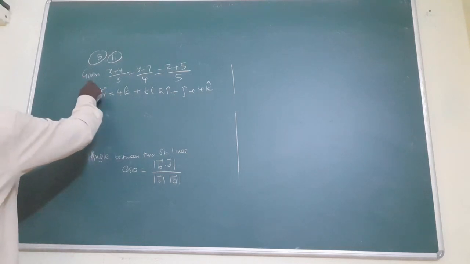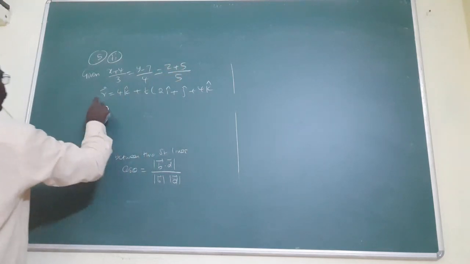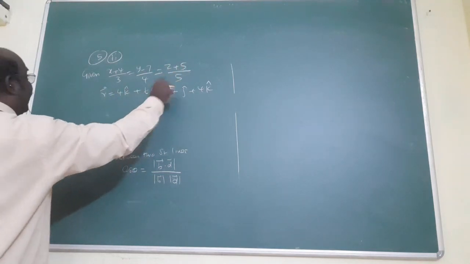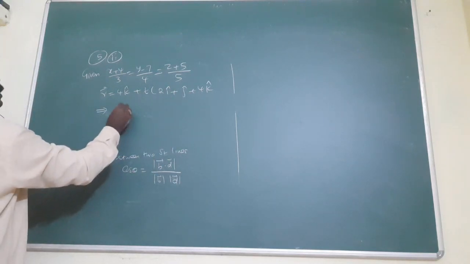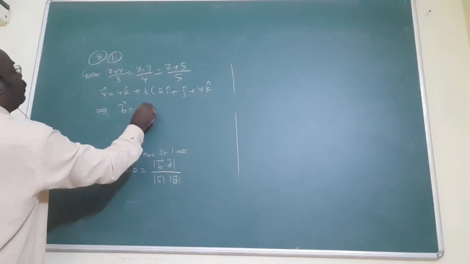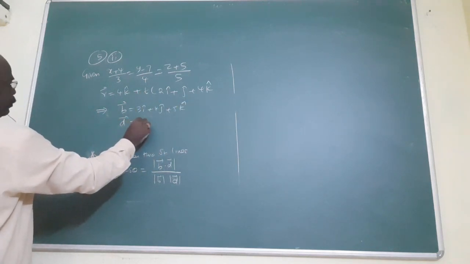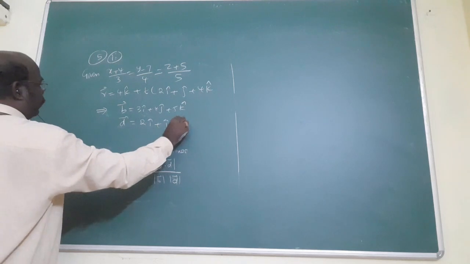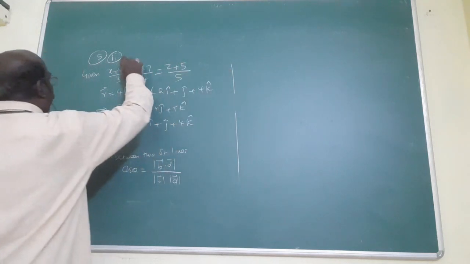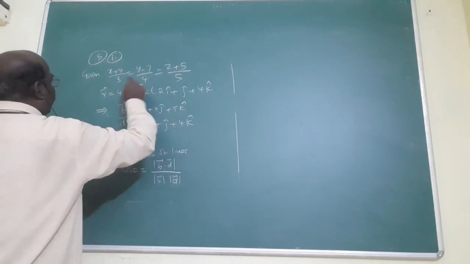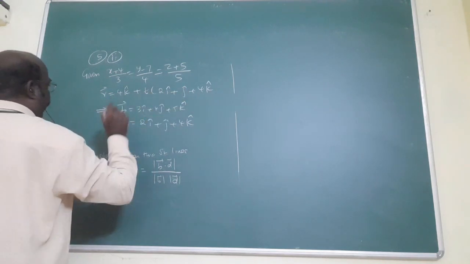Now, second solution, what is given? x plus 4 by 3, y minus 7 by 4, z plus 5 by 5. Then R vector is equal to 4k plus t into something, after the scalar, that is called t. B vector is the derivative vector: 3 i cap plus 4 j cap plus 5 k cap, after the scalar. D vector is 2 i cap. Therefore, from this Cartesian equation given, one is a point, and the derivative is b1, b2, b3, that is called the b vector. Here, one point, one vector, after the scalar only the vector, that is the b vector.